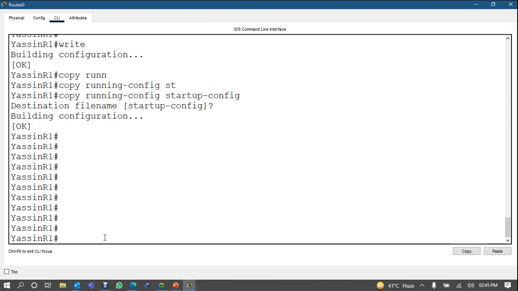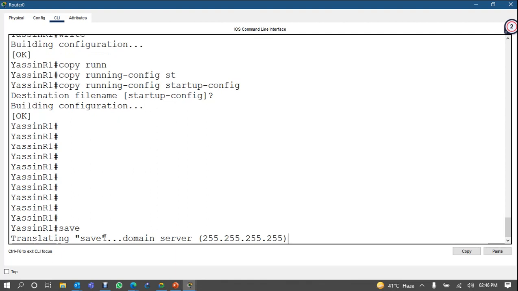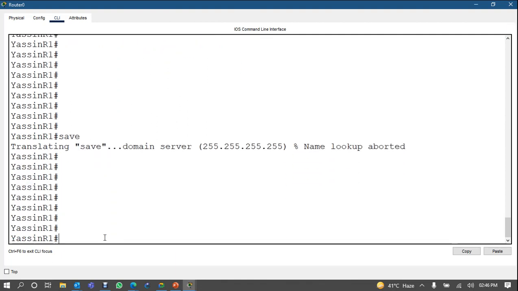You want to say that whenever I want to save something, I want to write my own command. I will write save, but save is not a command. See here, save is not a command. So I want to change that command, and that is known as a local alias configuration. Let me explain better. Suppose some command is very big, very long, but I want to